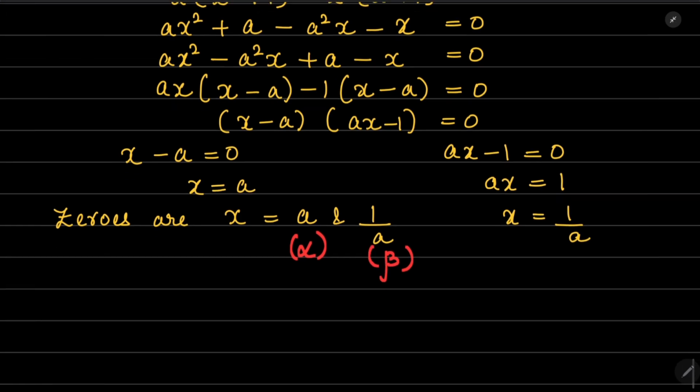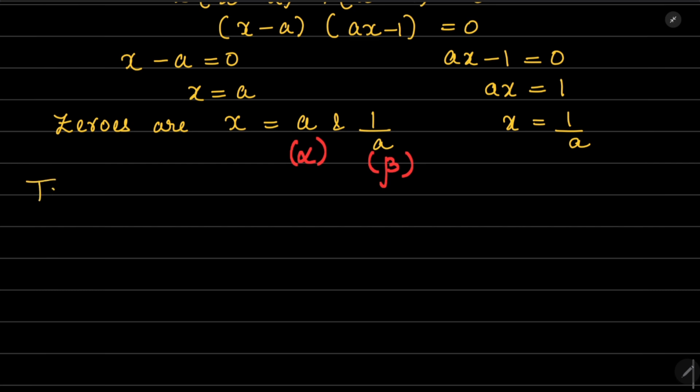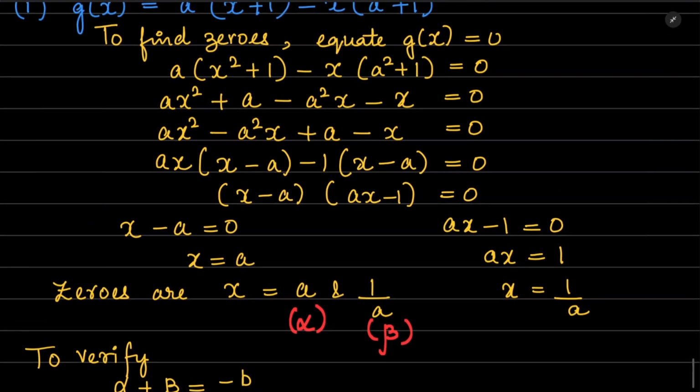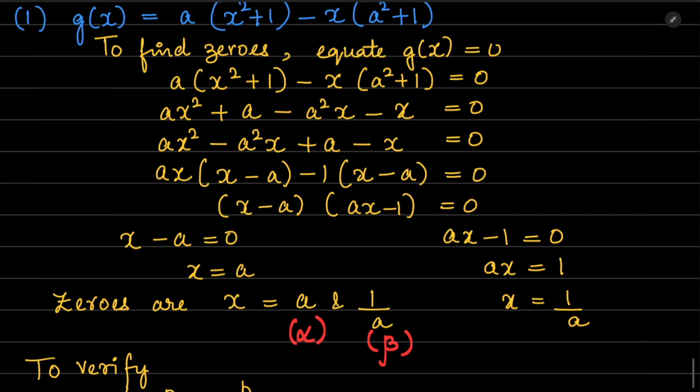Now let us verify the relationship. Okay. So to verify, we know the sum of the zeros, that is alpha plus beta, is equal to minus b by a. Okay. So what is minus b by a? What is a, b and c? Again, let us take out your a, b, c. So here, if you take a look at this particular expression, right? Here, this one,